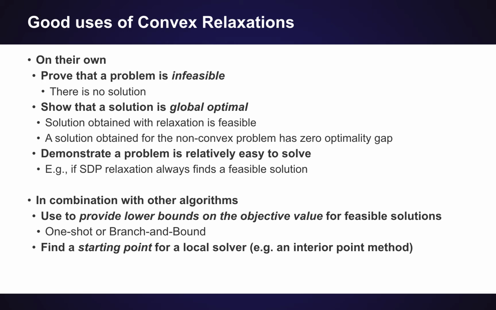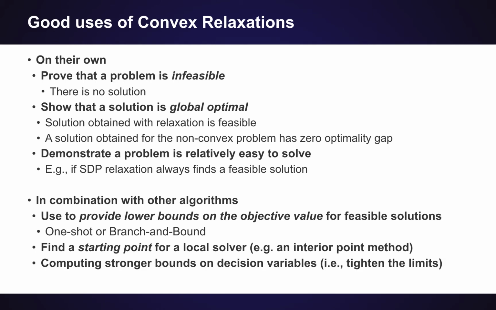So for example, you can solve the relaxation, take the solution, feed it into an interior point method, and use that to try and find a feasible solution that is sort of close by the solution obtained with the convex relaxation. And you can also use convex relaxation to compute stronger bounds on the decision variables,